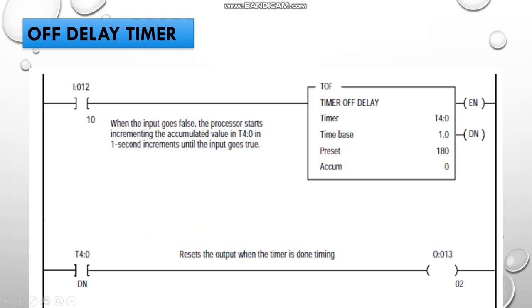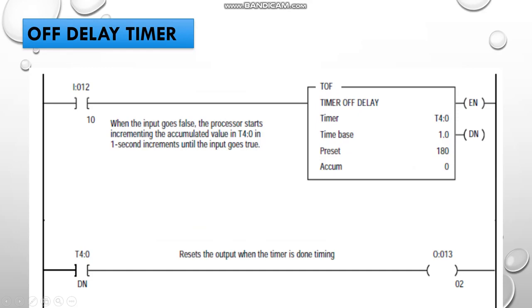Once you turn off the switch, the enable bit will go off and the accumulator value starts counting from 0 to 180. Once this is completed, after that period of time, the output device goes to the off state.